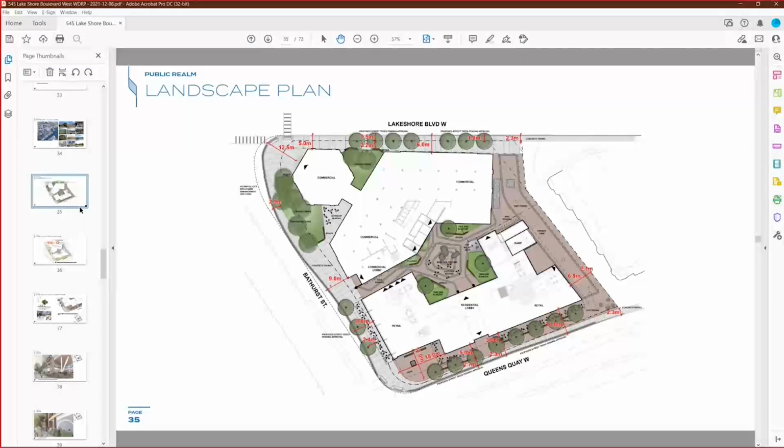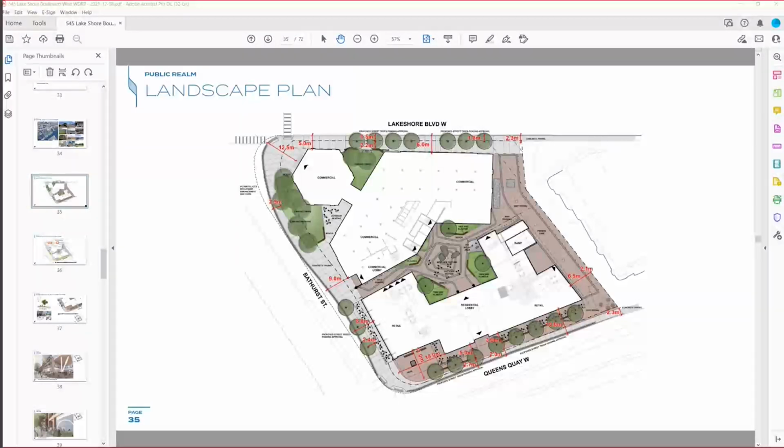Matt, the trees along Lakeshore Boulevard? Along Queens Quay, I think would be the easiest place. Oh, I see. Yeah, I guess we biased the ground plane to allow movement. That's what we kept hearing from the public. That it's tight. There's a lot of people moving along here, so that's why the trees are planted in hard surface, and